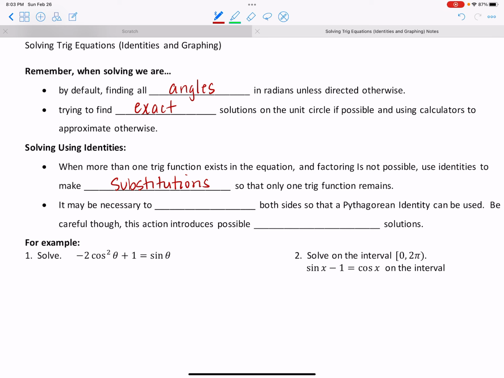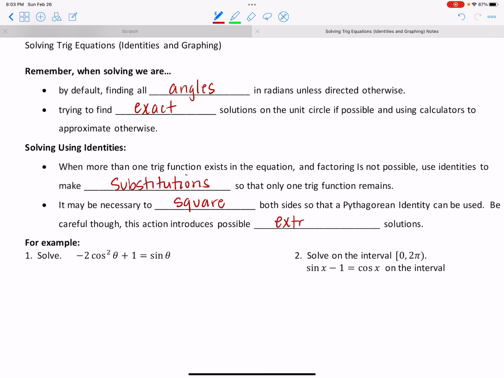All right, and then it might be necessary in these types of cases to square both sides of the equation. Remember, as long as we do the same thing to both sides of an equation, it's technically a legal move, but we really have to be careful with this one, because when we square both sides, we are increasing the degree of our equation, which increases the number of possible solutions. And so the solutions that we introduce may be extraneous. So this option might be necessary for us to make a substitution, but it also could introduce extraneous